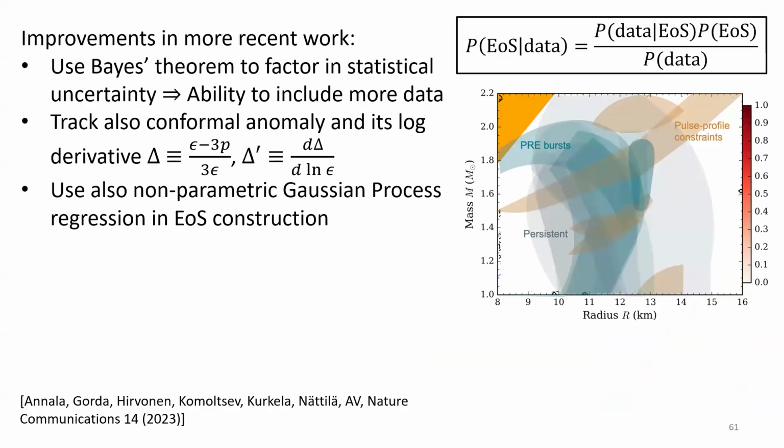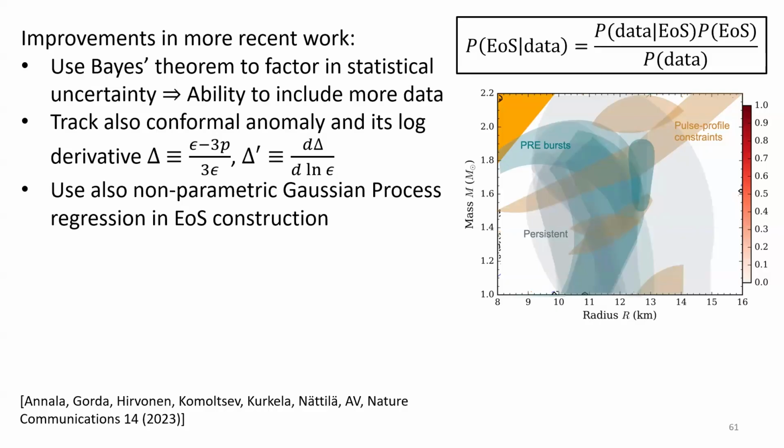So to answer these questions, in 2023 we decided to perform, or actually we decided this much earlier, but this calculation just took a long time. We decided to abandon these hard cuts in our analysis, which are kind of nonsensical, because they would discard an equation of state that predicts a maximal mass of 1.99 solar masses, but allow one that has a maximal mass of 2.00. Rather, we used the Bayes theorem, and we did a probabilistic calculation where we not only studied this